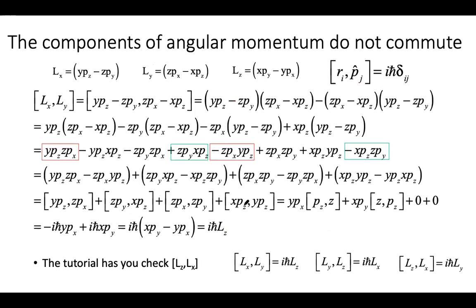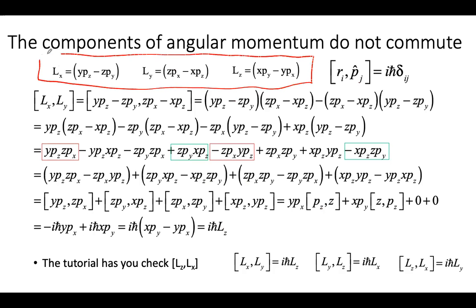Okay, let's push on that a little bit more. There's an eye chart for you. Let's ask ourselves the question now: do components of angular momentum commute? After this line, this would be on the whiteboard, but it would take me forever to write this out, and I'd probably make multiple mistakes. But the bottom line is angular momentum components, as we just defined them on the previous page, and I wrote them again right here, just in case you don't have them memorized yet. And then I also brought our canonical